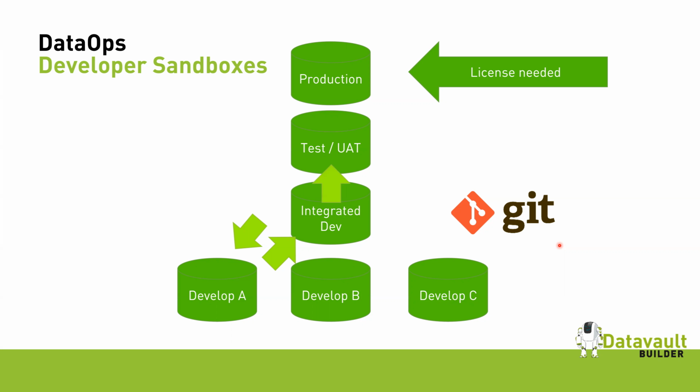After you deploy to the integrated dev and your business user is happy or your technical tests are happy, you go into test and UIT. There you have the sign-off by the business user that everything is working, probably with production data, and you deploy it. The advantage of this is that you could have developer A having started a feature today,